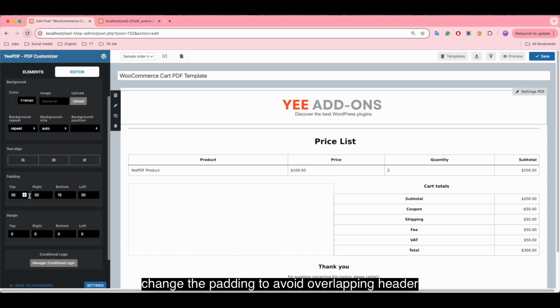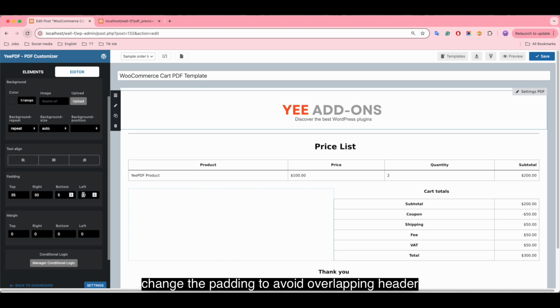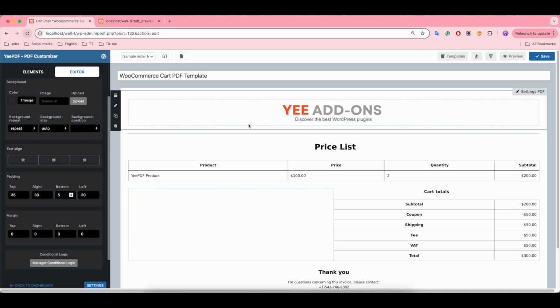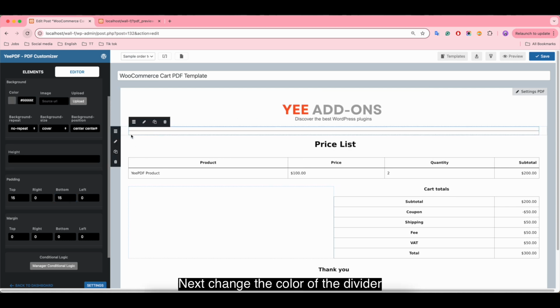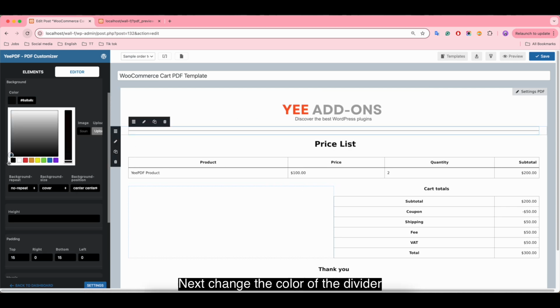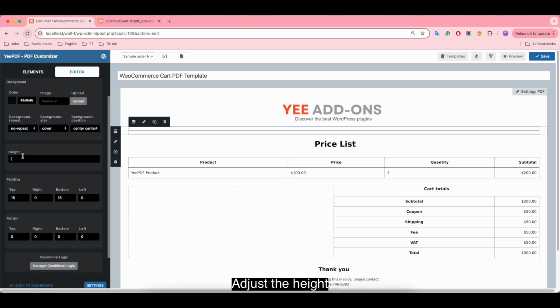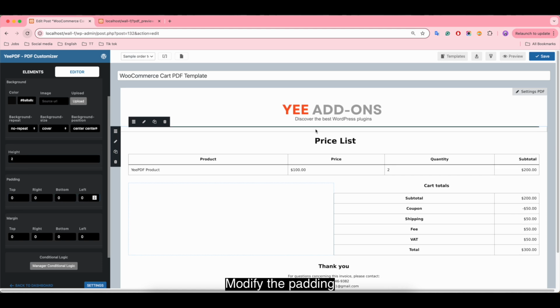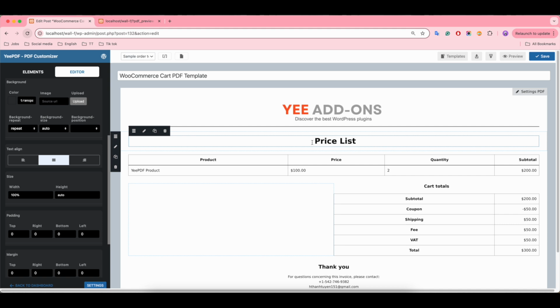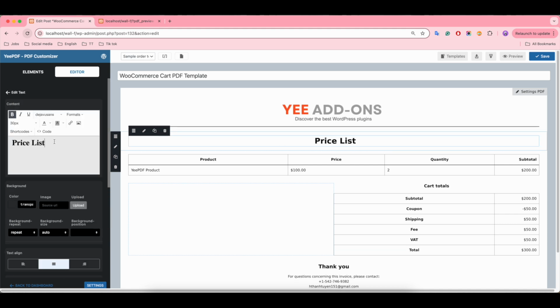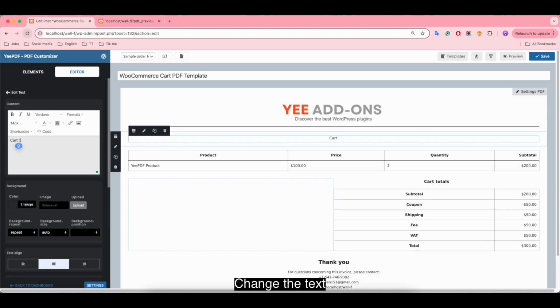Change the padding to avoid overlapping header. Next, change the color of the divider. Adjust the height. Modify the padding. Change the text. Make it bold and bigger.